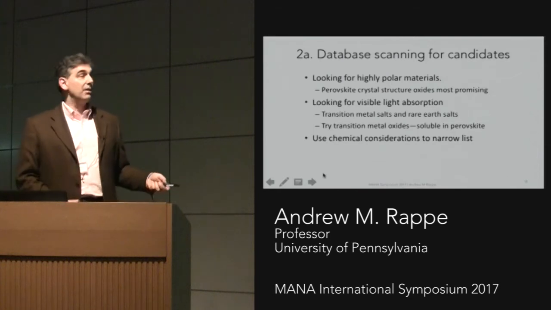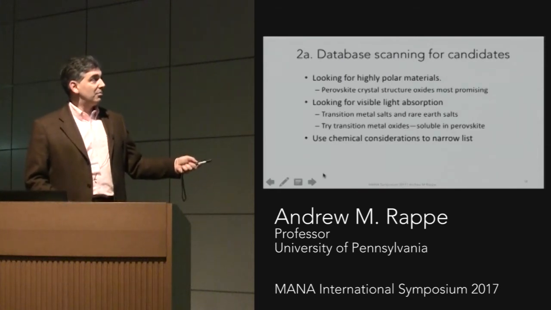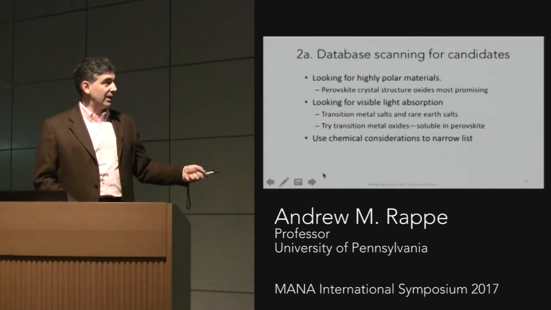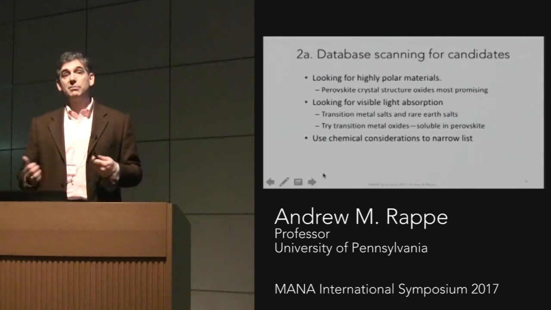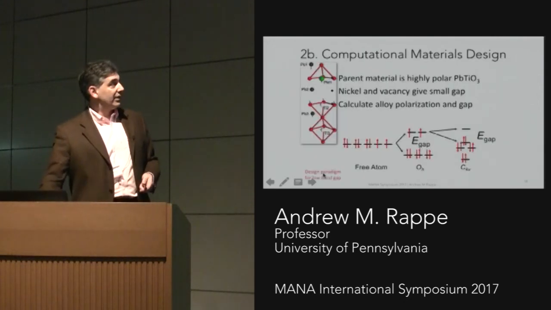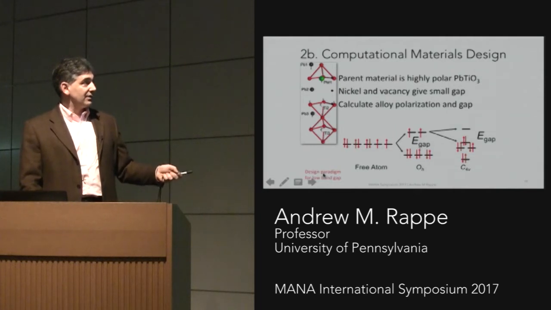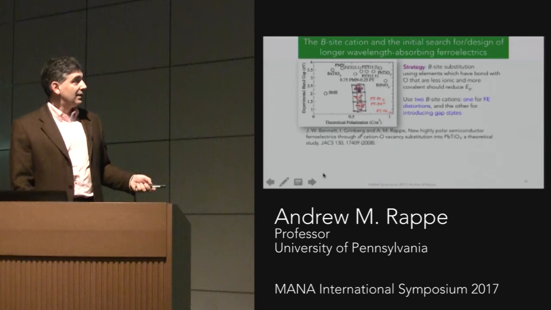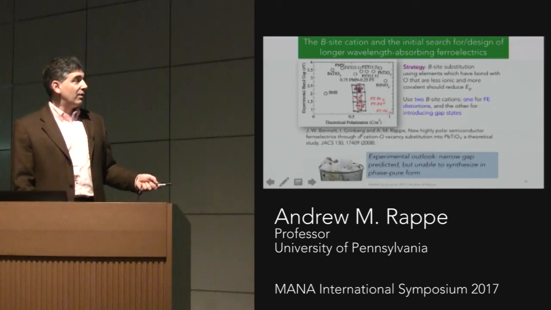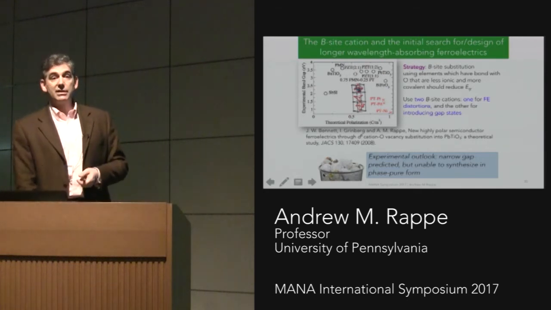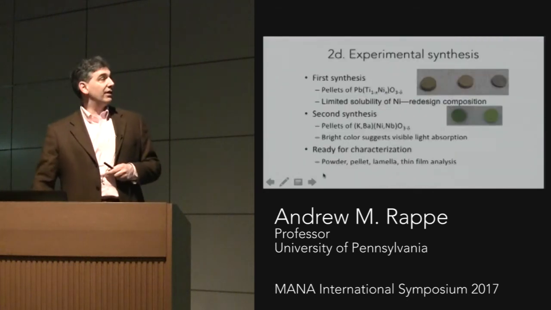There are many known polar perovskites. But then we suggest using late transition metals because there are many known transition metal oxides that are colorful. And so that is our paradigm, and we began by exploring lead titanate, which is a conventional ferroelectric, with nickel. And so that would give us a reduced band gap. And in fact, we were unable to synthesize this in pure phase form, but it gave our experimental friends some ideas for other pairings of ferroelectrics